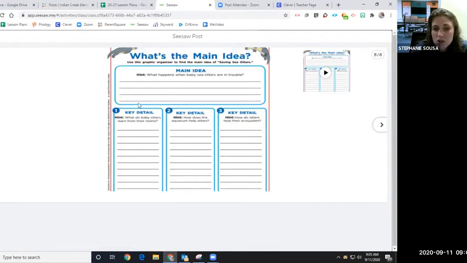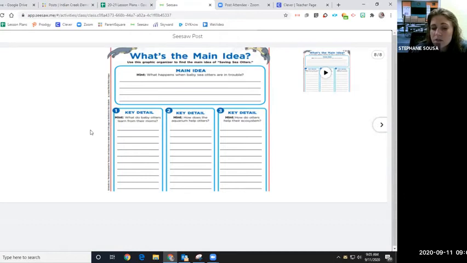As the instructions told you, there are some hints. For the main idea, a hint is what happens when baby sea otters are in trouble. So this helps you determine the main idea. If you're struggling to find details, there are hints. What do baby otters learn from their moms? How does the aquarium help otters? How do otters help their ecosystem?